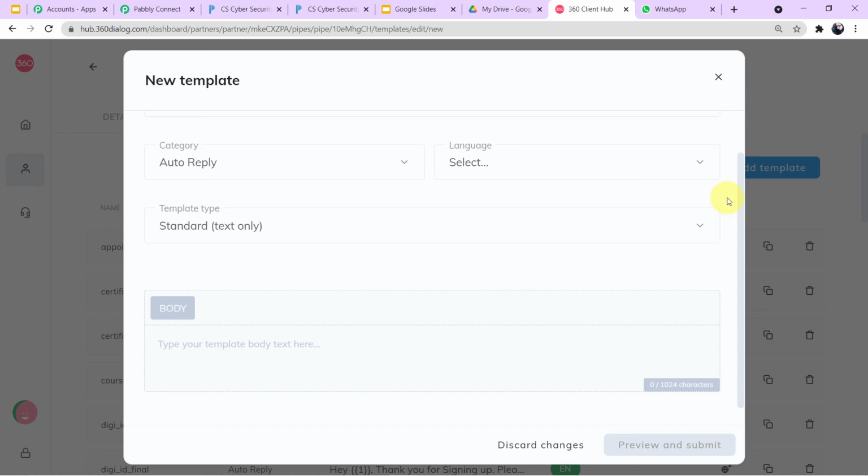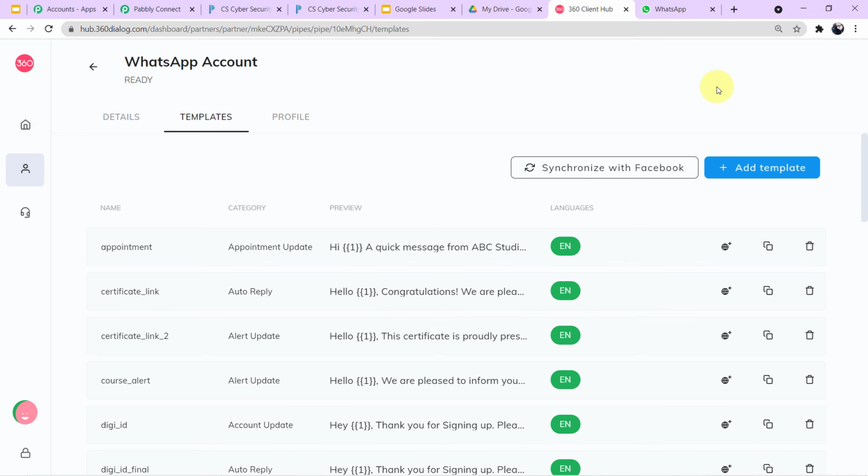In general, the template gets approved within a day, but you have to take the approval first to use the template. So you first create the template, then send it for approval, and only after the template gets approved can you use it. If I show you here, all my templates are approved. Here you can see it is showing approved.